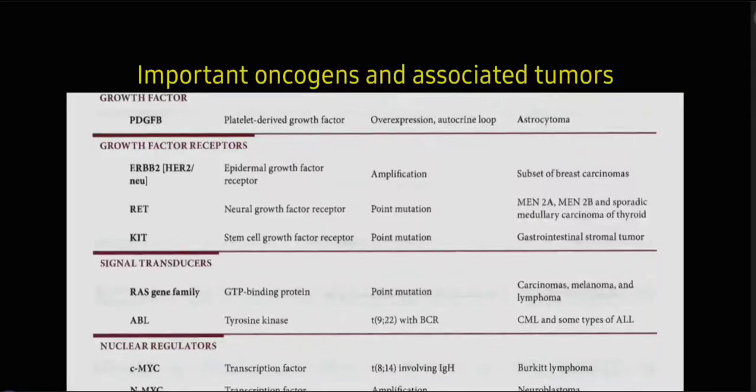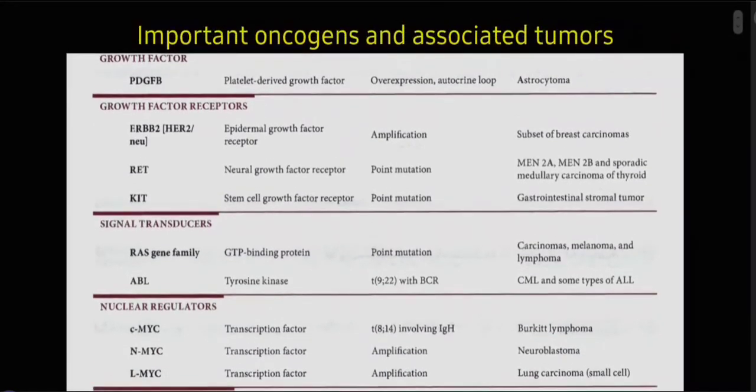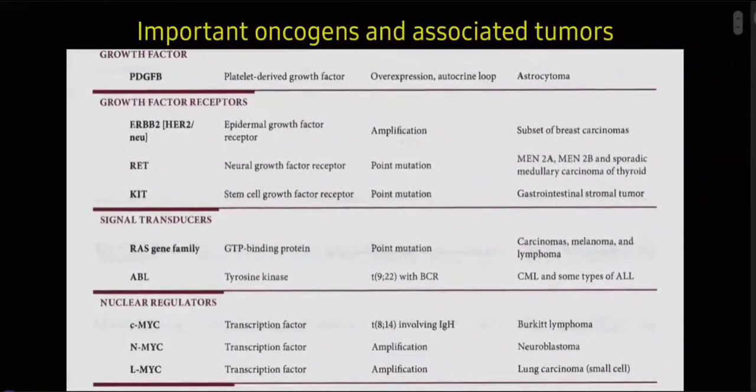Today we are going to talk about important oncogenes and associated tumors. I think it's difficult for every student to learn about all the oncogenes, proto-oncogenes, and associations. I will make it easier to learn. Let's start. The first one is growth factor, platelet-derived growth factor, and overexpression of it leads